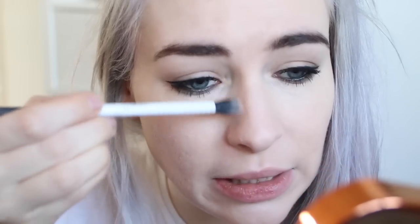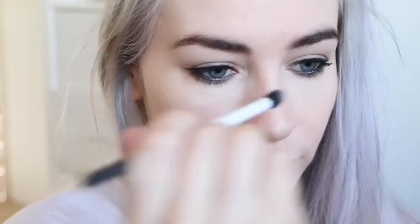And I'm taking my Real Techniques Duo Fibre eyeshadow brush, and I just love this brush for contouring my nose. One stripe down each side of the nose, and then I blend it out. I never used to do this, but it's honestly changed my life. I feel so much better when I've got just a tiny bit of this colour either side, because I've